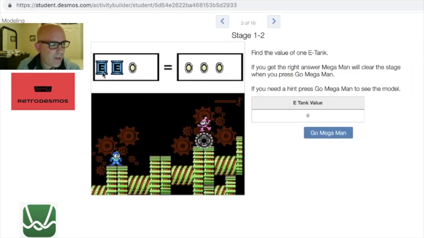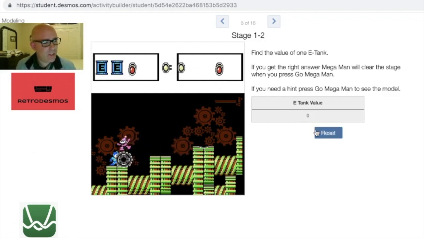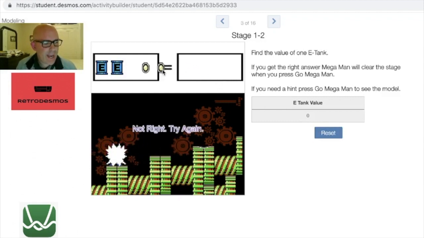And so notice I've upped the challenge just a little bit here. I've got 2 energy tanks over here and 1 yellow. And on this side now we have 3 again. Didn't really change anything over here, just really added the idea that we have that second variable. And so if I push Go Mega Man, again, it's going to show them the model. And it's going to add this little extra piece of actually pairing each one of these inside of the energy